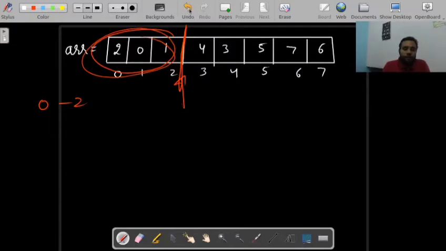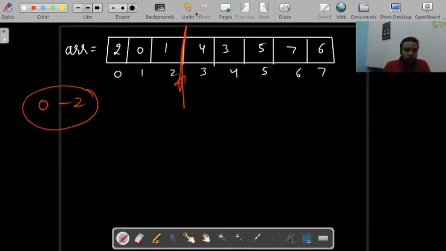That is why I am able to make a chunk here, and if I sort it, it will be 0, 1 and 2.